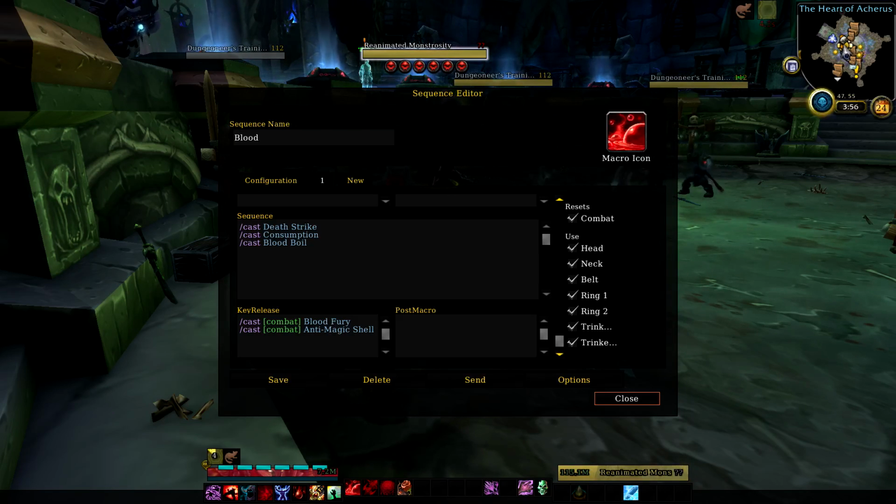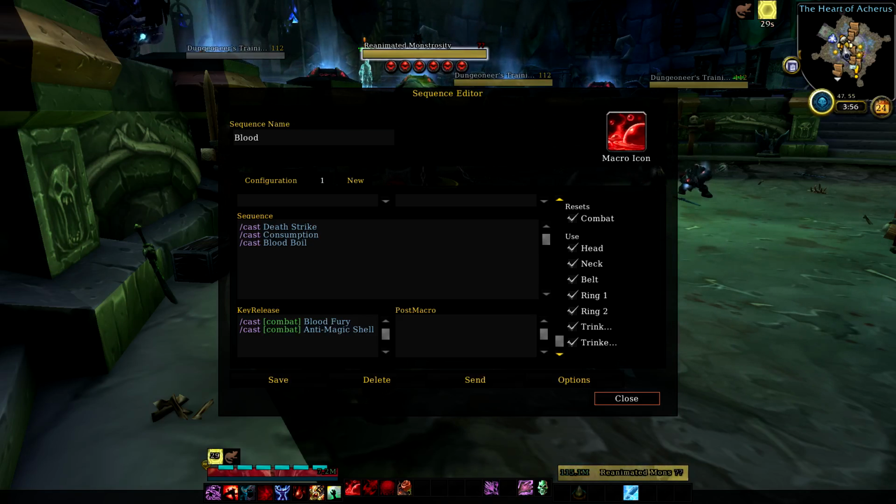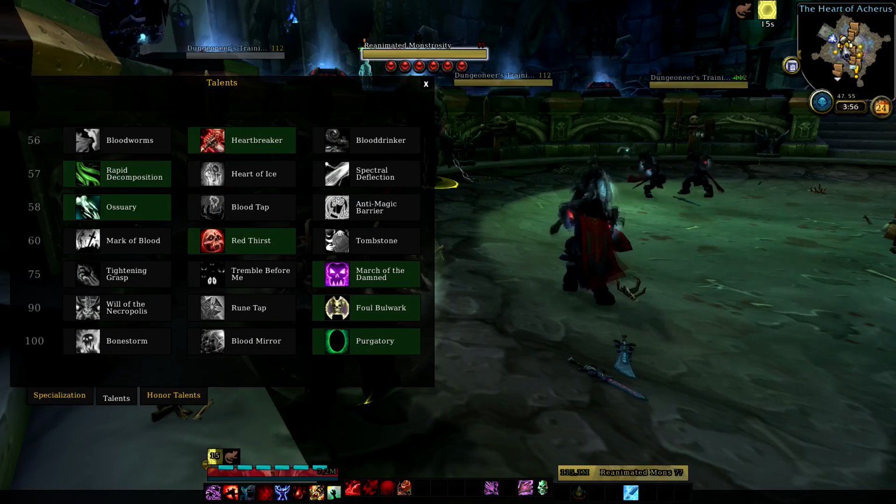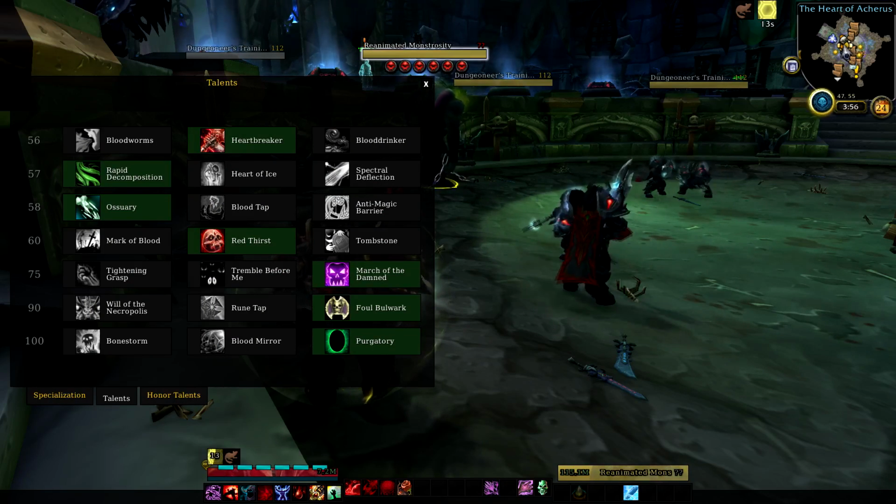And so it's not going to do everything for you, but that's kind of the way tanks are designed. It's very hard to get everything inside of one macro and make it super easy and mindless. So that's just a side effect, but it's what you'd have to expect with a tank class, especially one like Blood. So as for talents here, generally what I like to do is pick talents that are easy to work